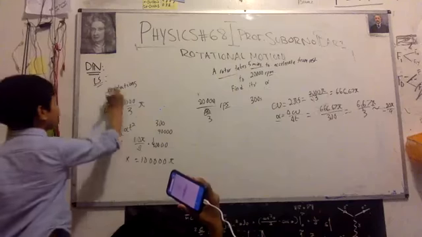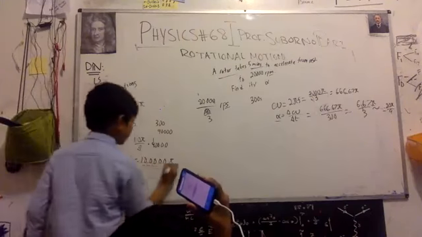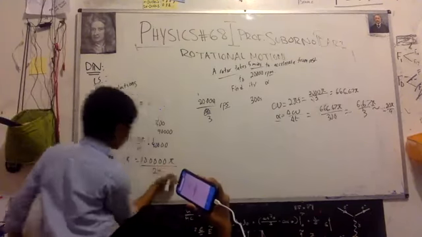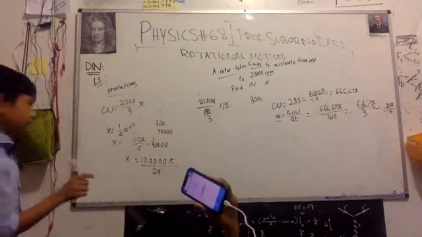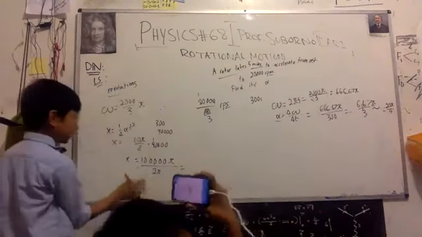But we want to find how many revolutions we did. We have to divide it by 2 pi. So that will give us